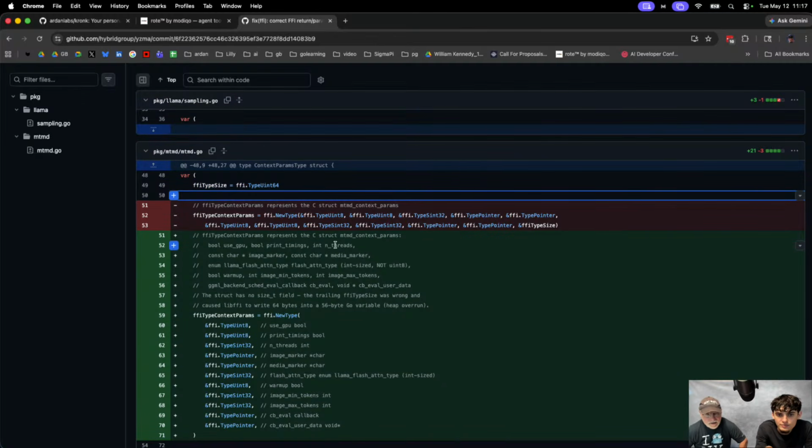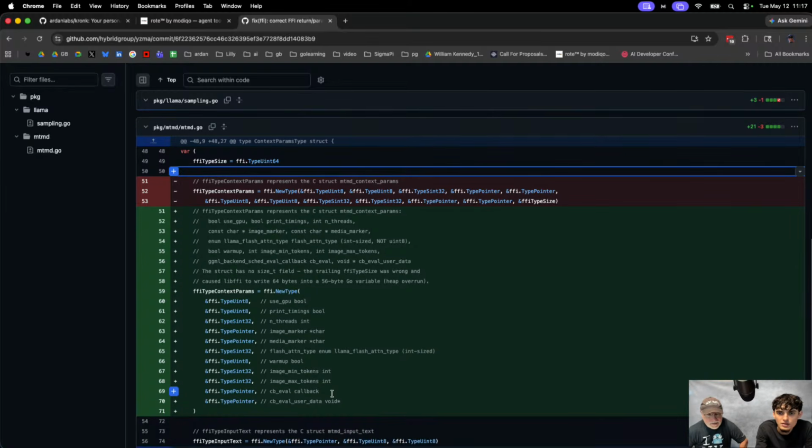It represents a C struct, the context params. This is an important one. Oh, he changed one. Which one did he change? This one. It's two 8s and then a 32, and now it's a 32 and then an 8. So that's the one he changed. And this should affect me too, because Ed's doing multimedia stuff. And he took out the size at the end.